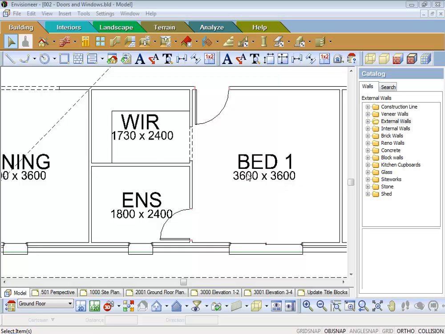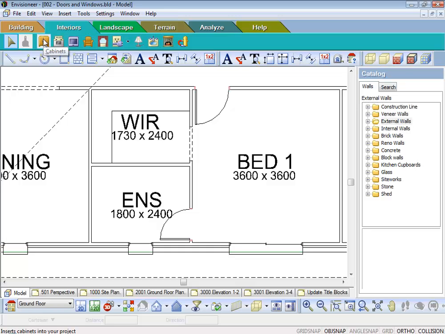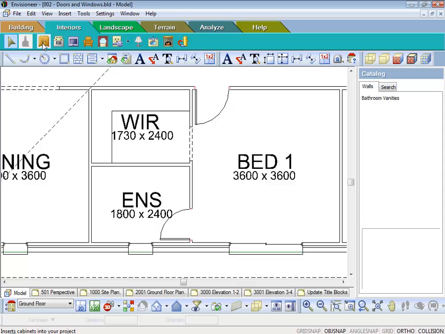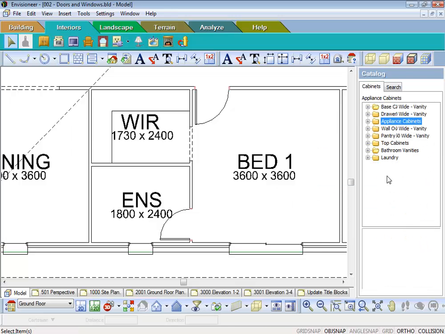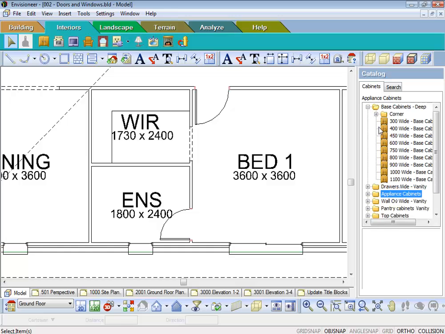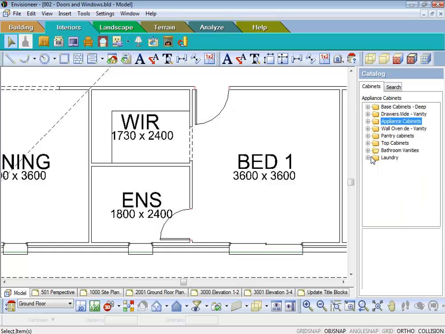In this lesson we're going to look at the interior tab and we're going to start with cabinets. If we select the cabinet button, on our right hand side you'll find that the folders with the cupboards and everything have come up. You'll notice that I've got corner cupboards and base cupboards and appliance cabinets and so on. If we go and say select we might go and do a